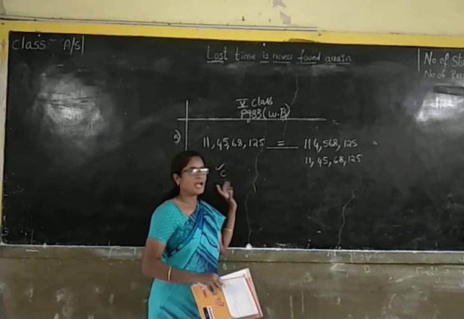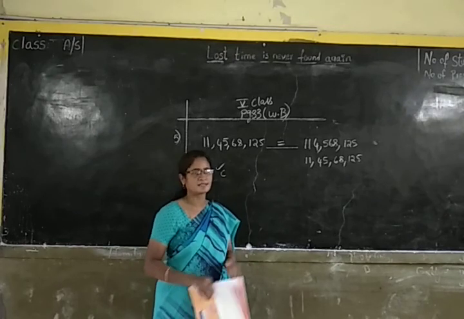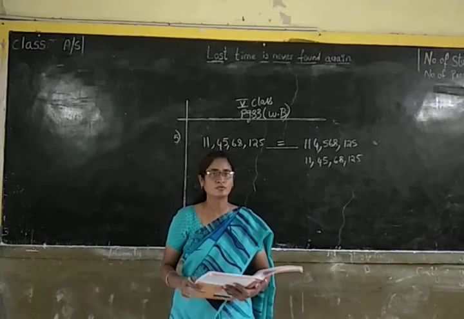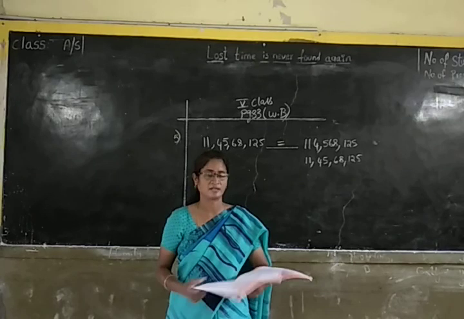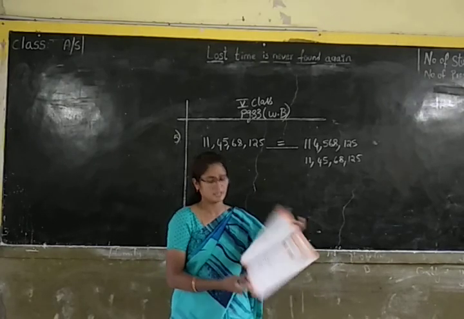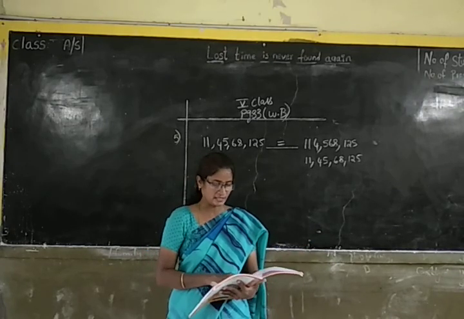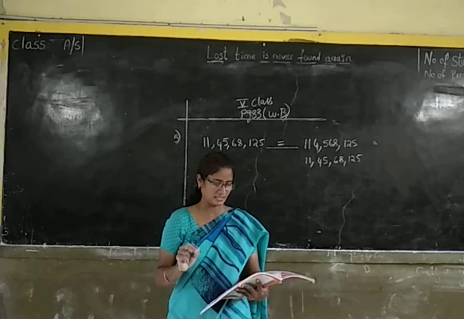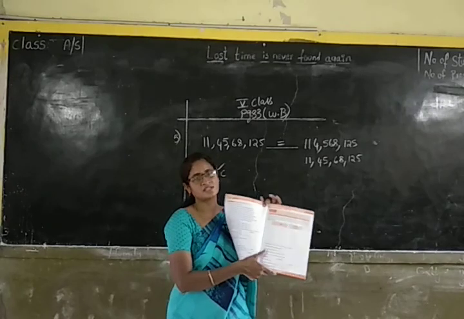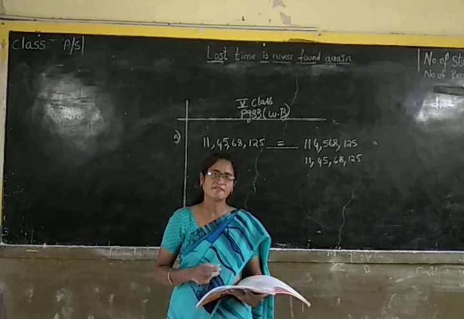Okay children. I have explained 5 sums. Remaining 5 sums I will explain in tomorrow's class. Today's homework is you have to do the application part on page number 35. The homework is you have to write down the population of 5 states and fill the questions given under the table.